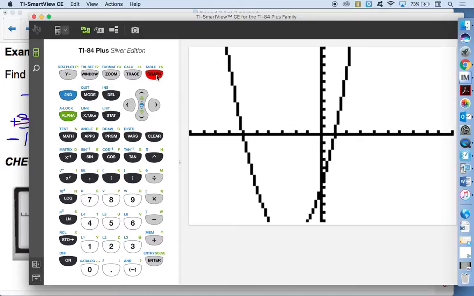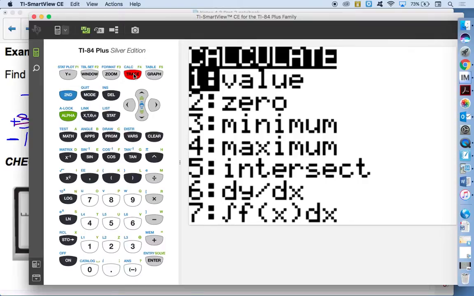But we will run into problems where you have a fraction for an intercept or a decimal value for the intercept. And I want to make sure that you can use the technology to help you get that value. So in your calculator, if you use that second trace button, we use the second trace to find the max and the min. We will also use the second trace to find the intersect. So we've done numbers 3, 4, and 5. But if I'm finding the 0, number 2 will help us find the 0 of the function. So if you hit number 2,